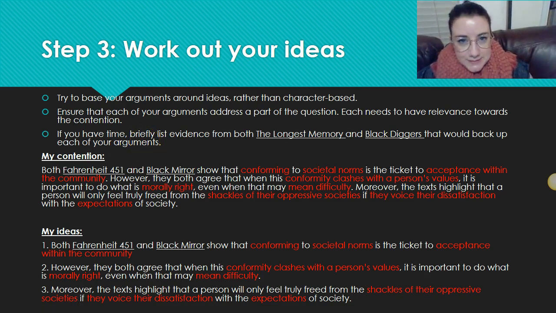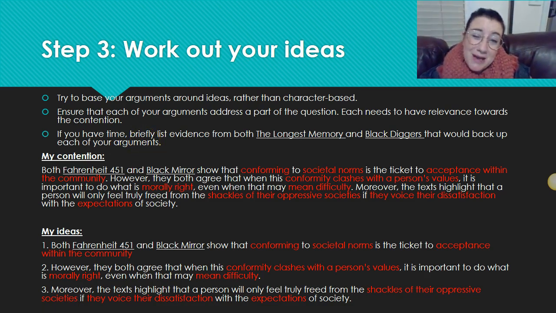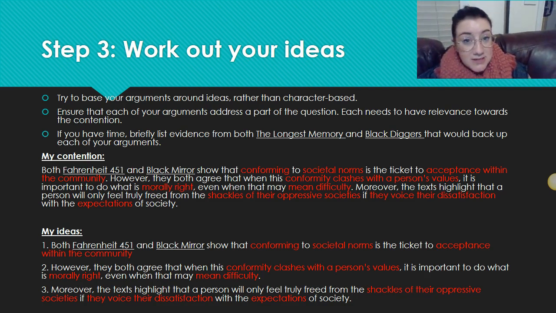We prefer ideas-based arguments, particularly when we're talking about comparison, because you'll find that it's very hard to write an essay that has depth and breadth to it when you are just doing one character per paragraph, or say two characters per paragraph. It's not going to cut it at this stage, okay? You guys are in Unit 2, you're nearly into Year 12, you've got to start stepping it up.